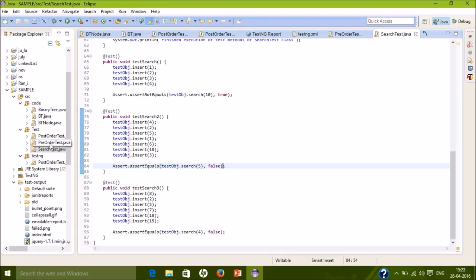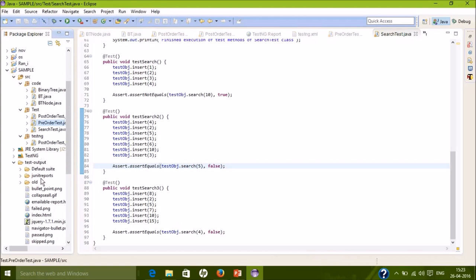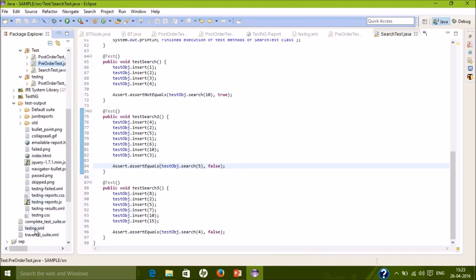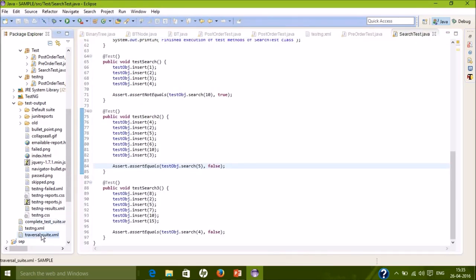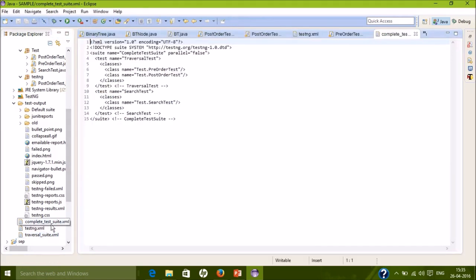So now to see more complex suites, I've created these suites before. This is the traversal suite, and this is the complete test suite I've created before. I'll open the complete test suite, and in this complete test suite, I've made two tests: the traversal test and the search test.